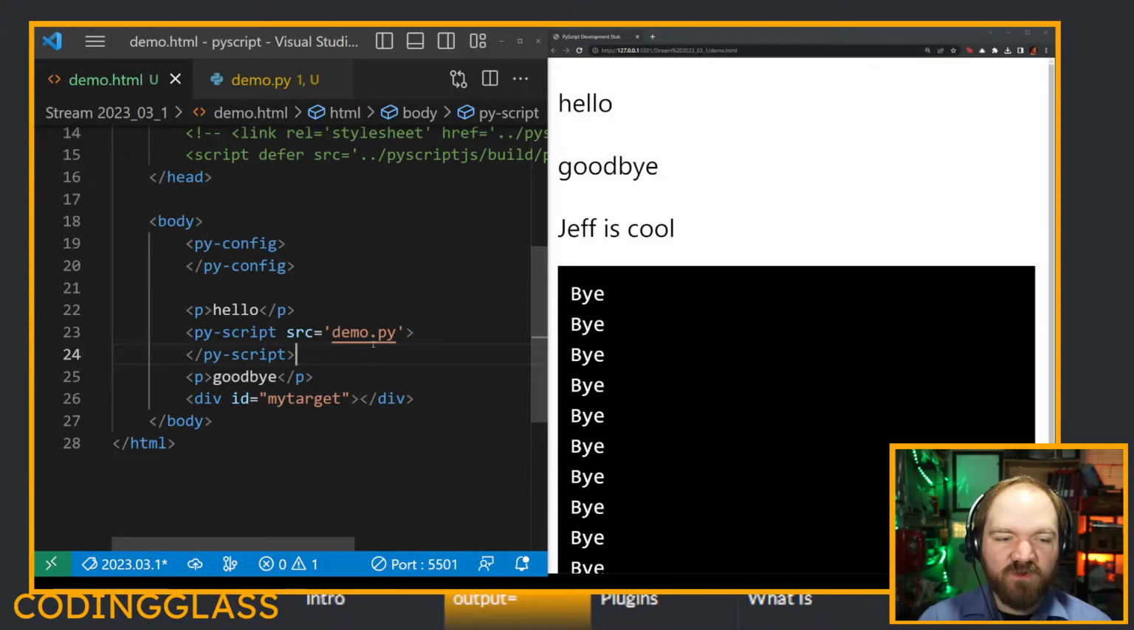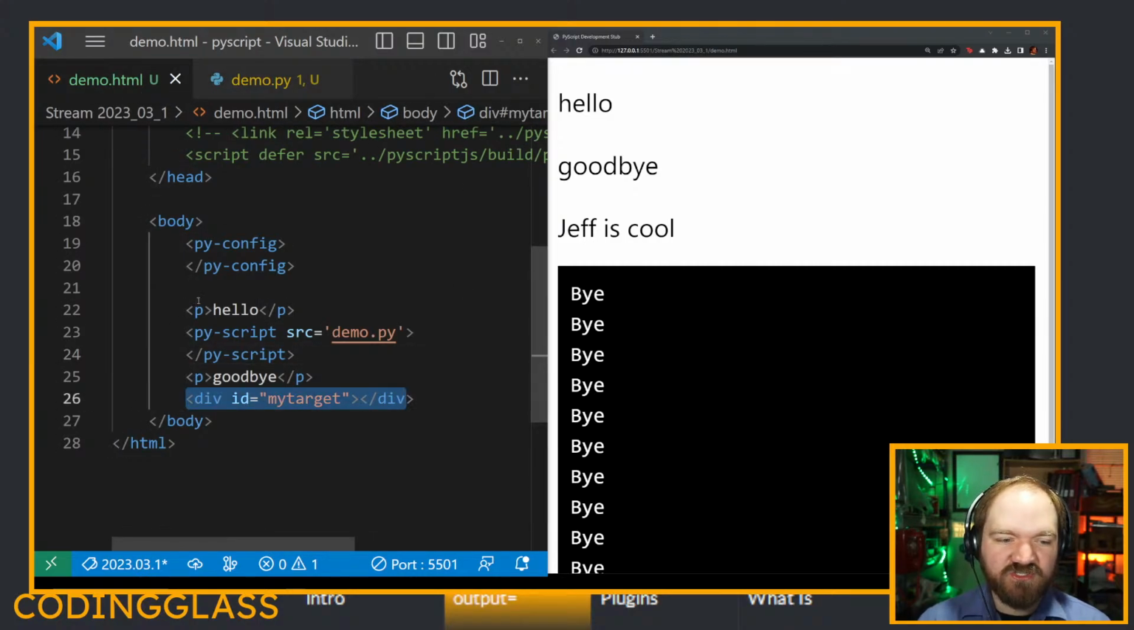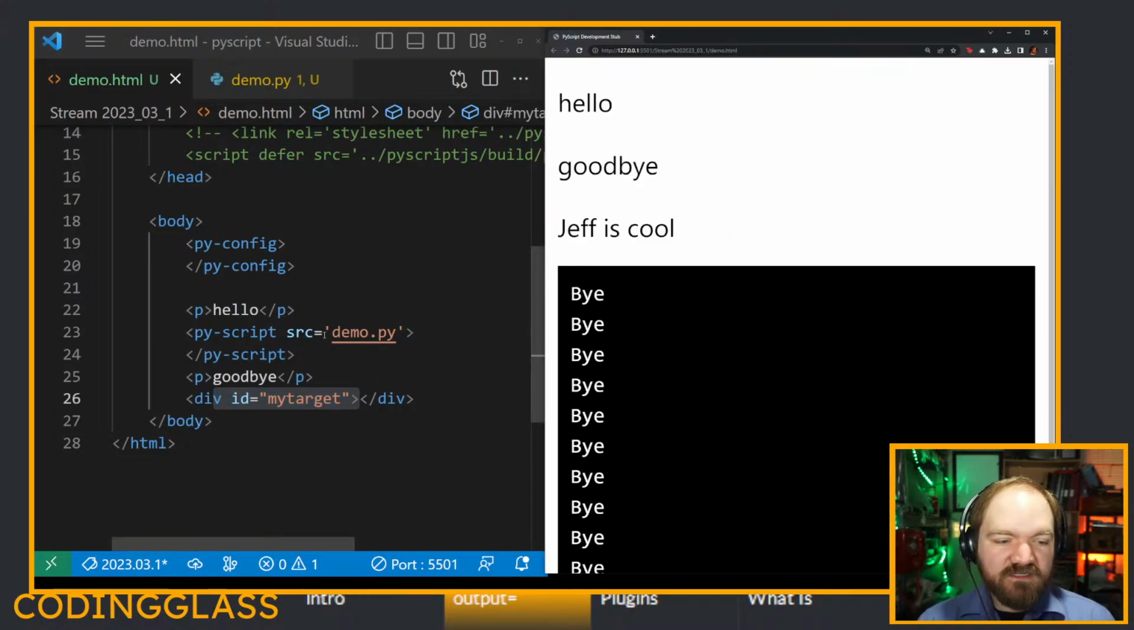So now what's happening is when we run our demo.py, we're taking the string-like content and we're sticking it in the element in the DOM with the ID that we specified by target. And that's this one down here. So we should see hello, goodbye, Jeff is cool. And that is, in fact, what we see on the right. So this is all well and good. This is all true as of